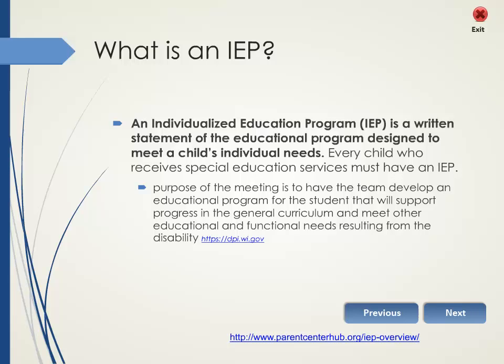Among the elements contained in the IEP are describing how the student's disability affects the student's ability to benefit from the regular education curriculum, what skills she or he needs to learn, what accommodations or modifications will be provided for the student to benefit from the regular education curriculum, what services will be provided, and the amount of time the student will spend in regular education.